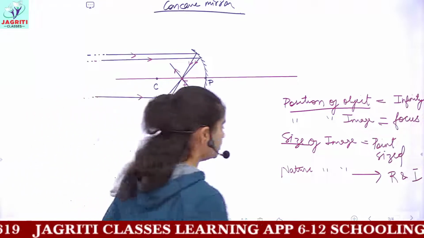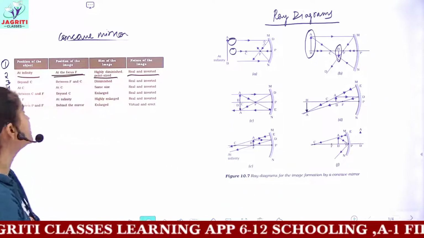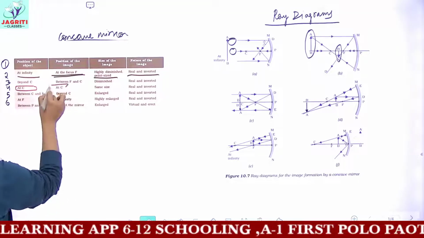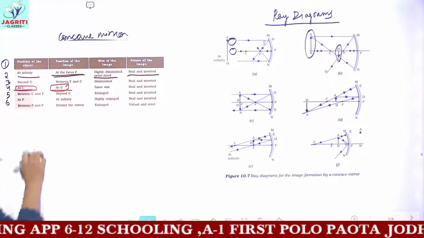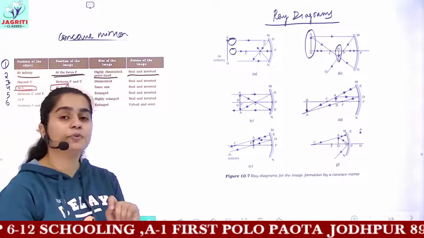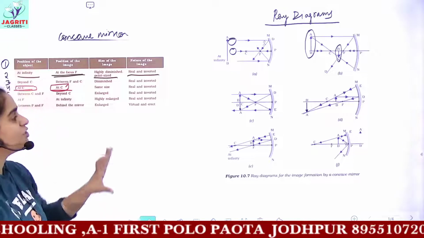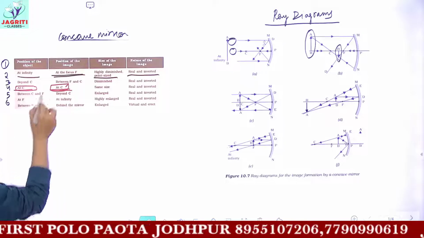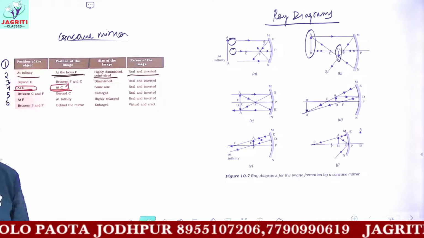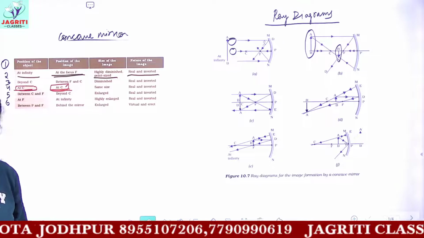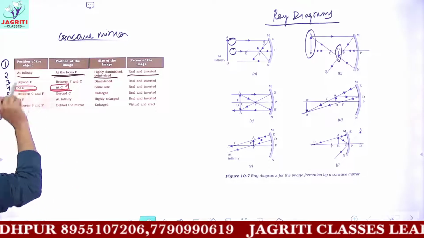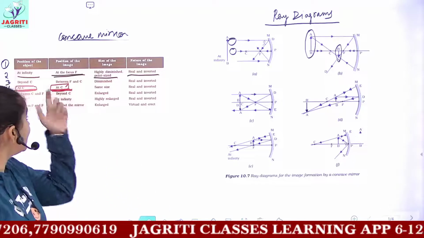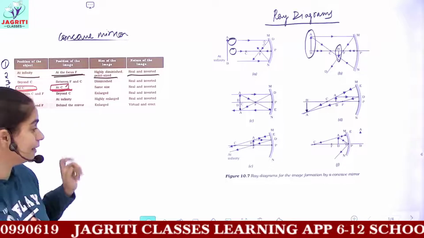Now we'll be discussing one more case. I think that would clear your concepts. Let's see. Okay, let's take the third one. When the object is placed at C, then the image should also be formed at C. Now there is one problem: the children place the object at C, and then when they draw the lines, they do not intersect at C. But these are experimentally proved results, so you have to draw them accordingly. Whenever the object in experiments is placed at C, the image is always obtained at C. Okay? So according to the table, you have to make your diagram.